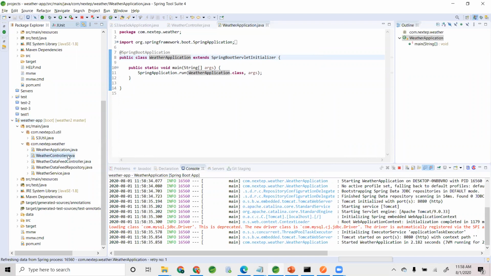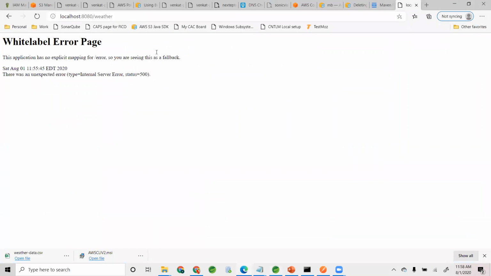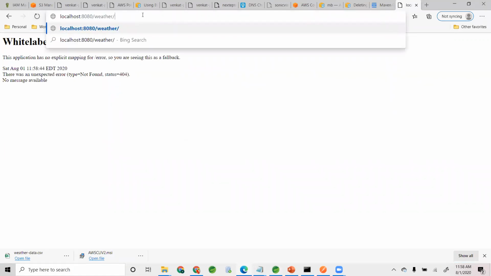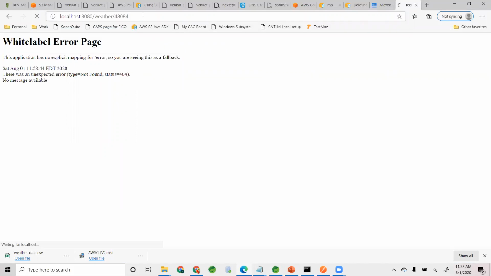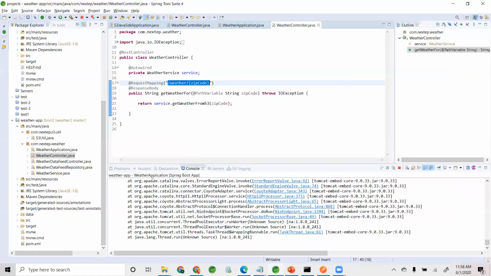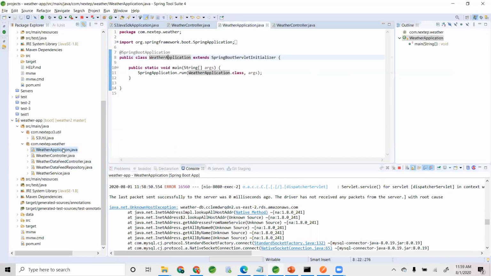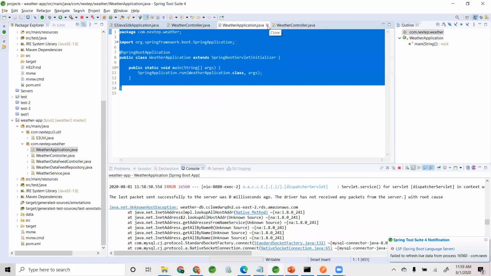I'm running a different controller, just slash weather, okay. Very good. Okay, so it failed to connect to JDBC and all. So that means we are making a simple mistake.